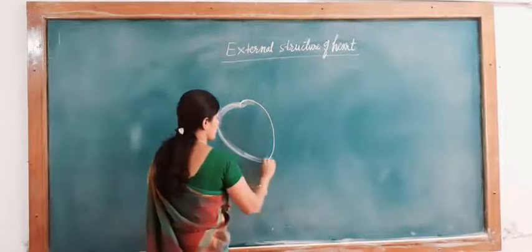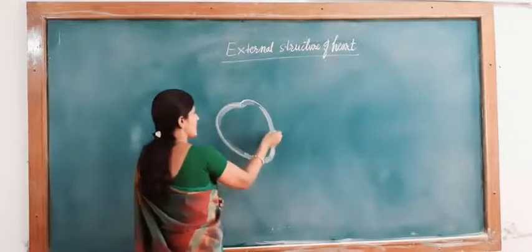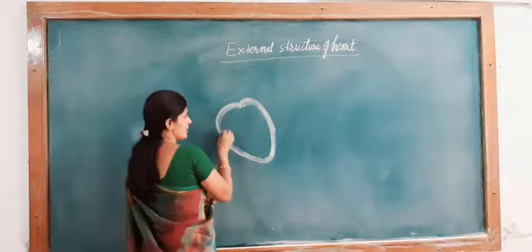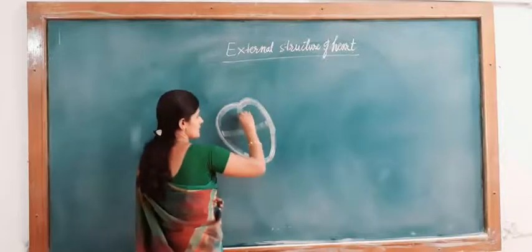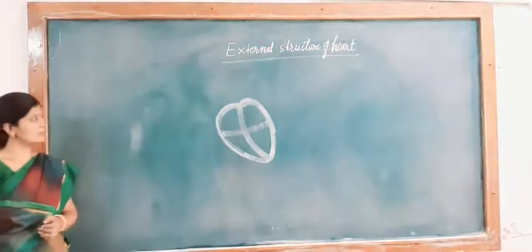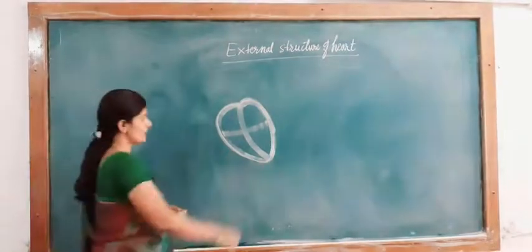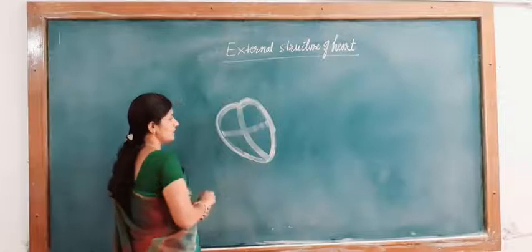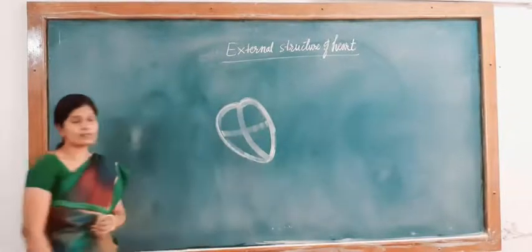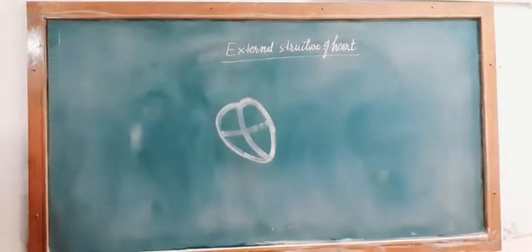It has four chambers. The upper two are called atria, or auricles, and the lower two are called ventricles. So here the grooves are there. Externally, the atria are separated from the ventricles by a transverse groove called the coronary sulcus